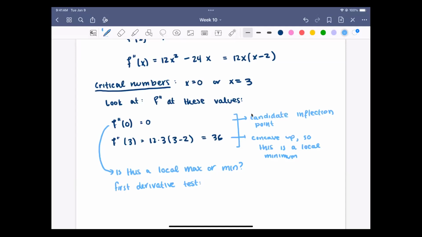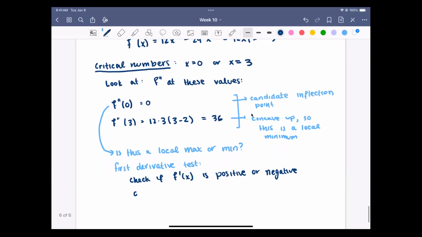So what happens there? So check if f prime of x is positive or negative on the intervals